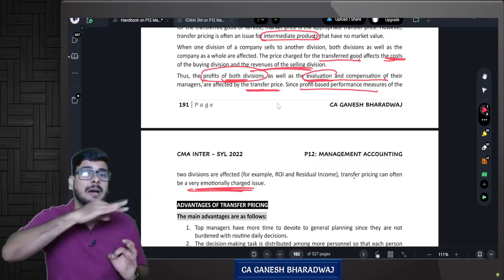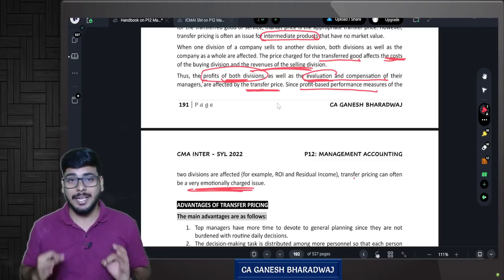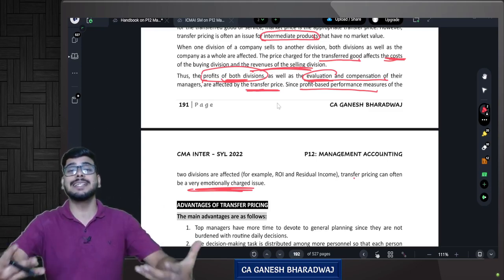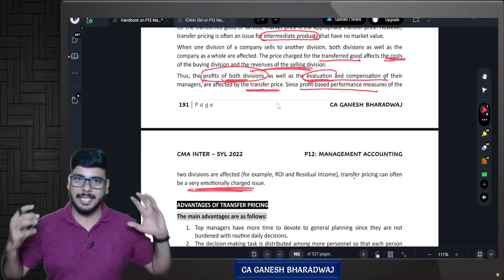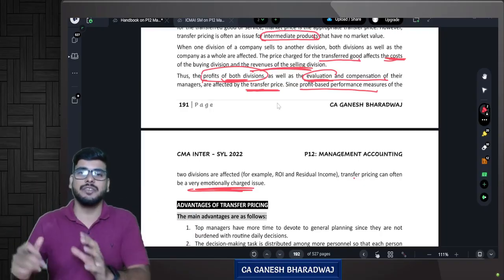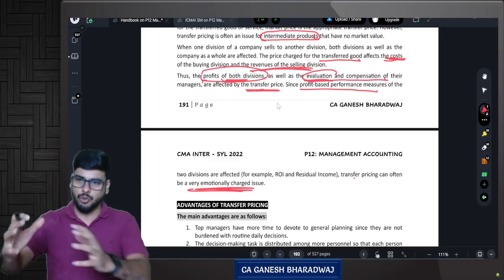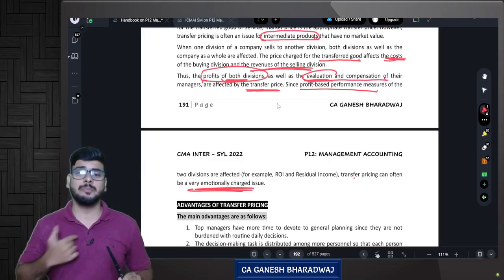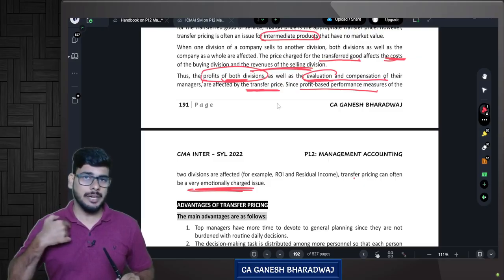It is something that happens within an organization. And remember always, this works out only when the company has a decentralized form of functioning. That is, they have divisions, and each division is given the full power to do whatever activities are within their control. Are you clear with this? And this transfer price cannot be interfered with by the head office.